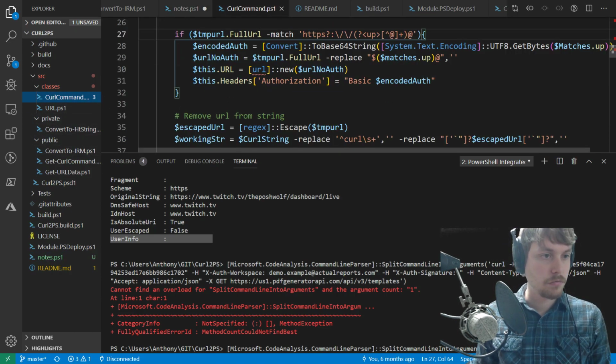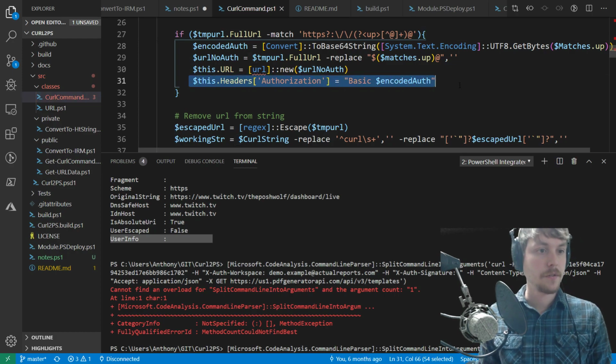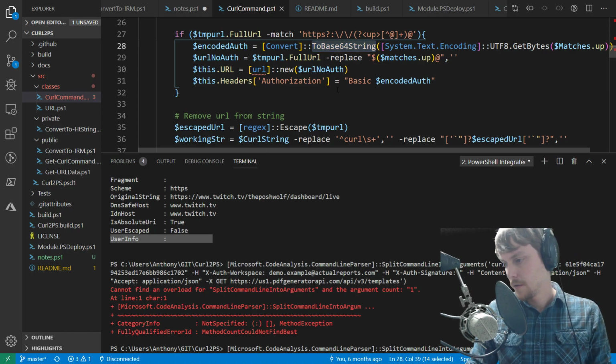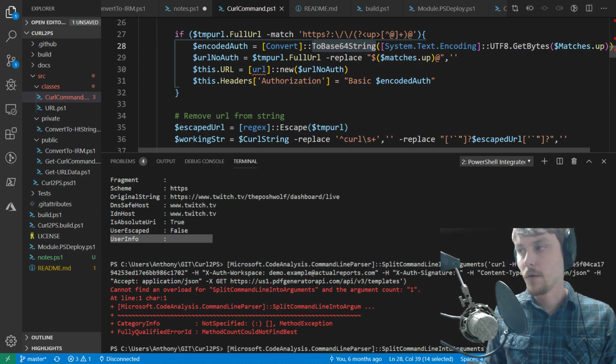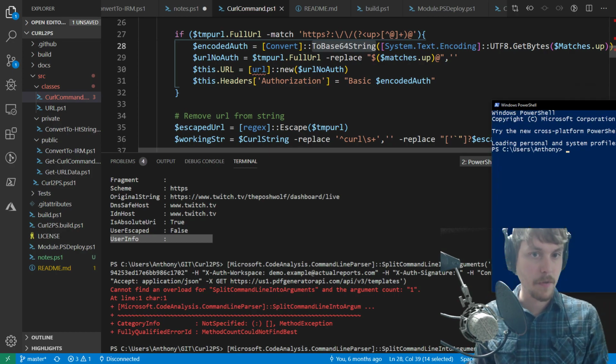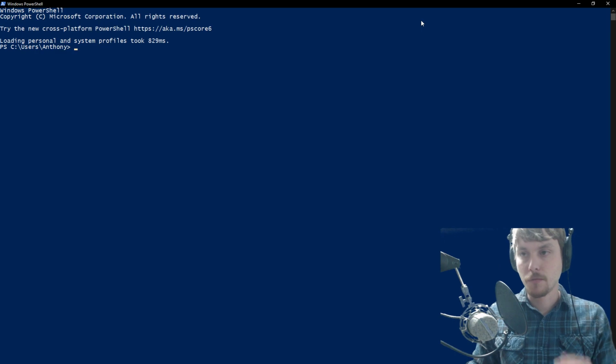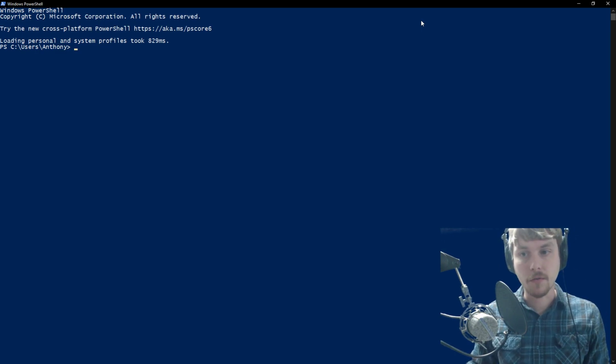Okay. So it adds the header, Authorization Basic, and then it encodes it in base 64. That's how we're going to do it, because I believe, in PowerShell Core, I know that Invoke-RestMethod has a way to pass it basic authentication. I don't remember exactly what the syntax is, but in Windows PowerShell,